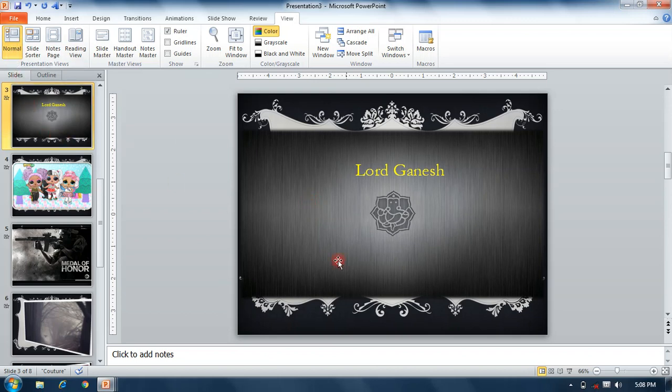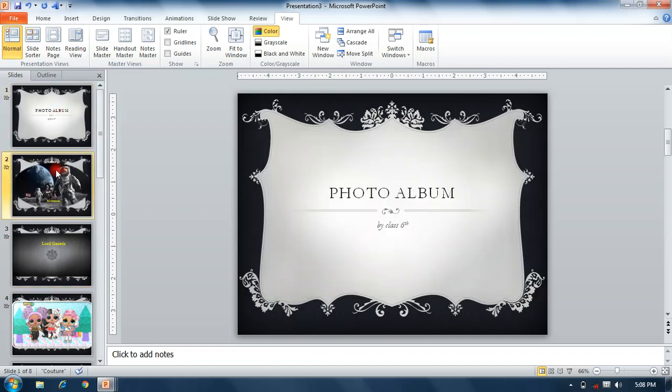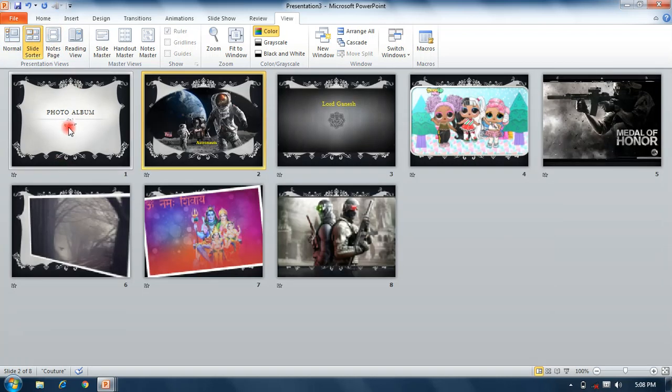Normal view looks like this. In this, the left side is the slide pane which displays the number of slides, so we can see how many slides we have inserted. Slide Sorter view provides a miniature form.